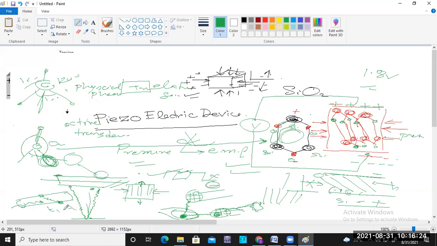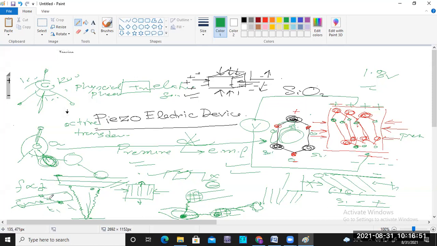So we can get the difference of time due to the flow. Here, flow is proportional to this time difference, and if we can measure the difference of this time, then we can also measure the flow. Much difference means much flow, and less difference means less flow. In this way, we can measure the flow in a pipe by using a piezoelectric device.